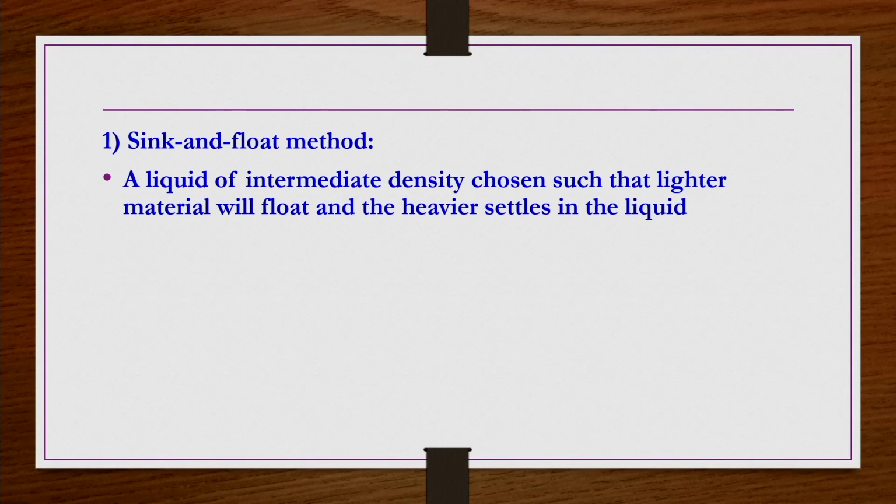In the sink and float method, a liquid of intermediate density is chosen such that the lighter material will float and the heavier material settles in the liquid. Let us say you take a mixture of solid particles, material A and material B, whose densities are very different. One is the heavier material, with a density of something like 2500 kg per meter cube. The other is the lighter material, with a density of approximately 800 kg per meter cube. Then you find a fluid having a density in between these two,